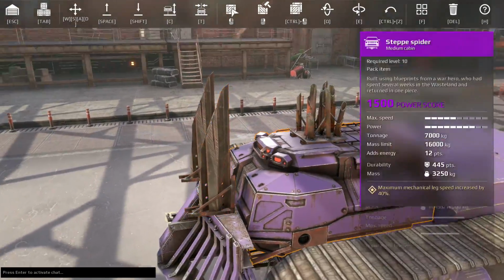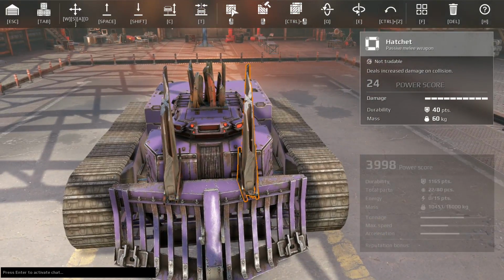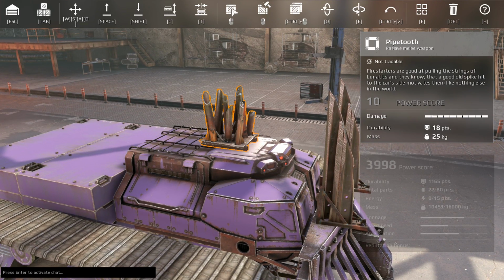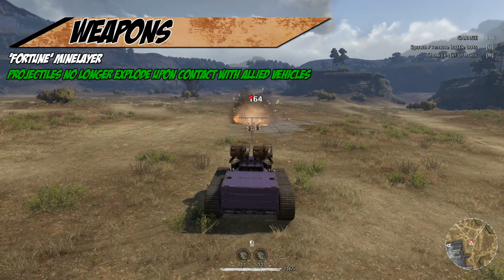They added new structural parts for the fire starters, the pipe tooth, which looks pretty cool, a lot of damage. Now, the lunatics also have these kind of things, the spikes, the small spikes, but not sure why they did not add it yet. As for weapons, the Fortune Mine Layer, projectile no longer explodes upon contact with allied vehicle,